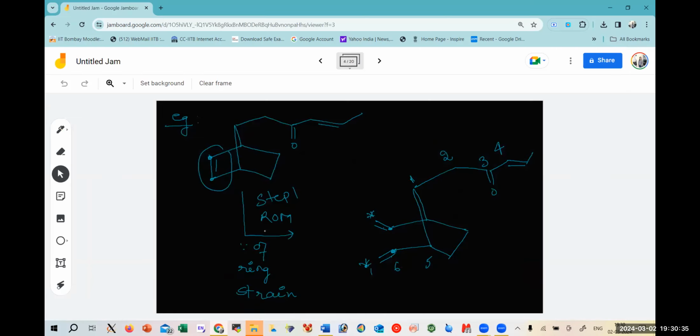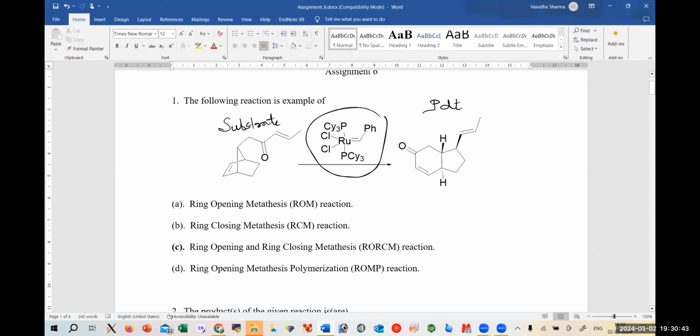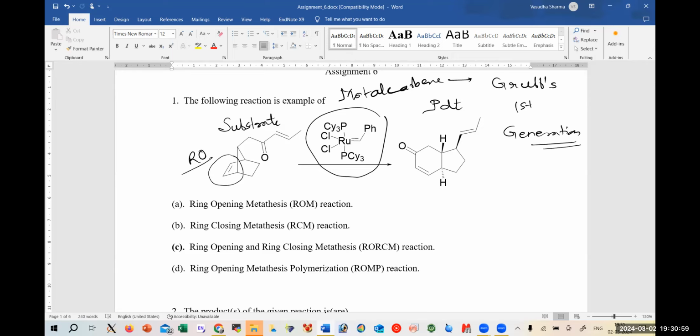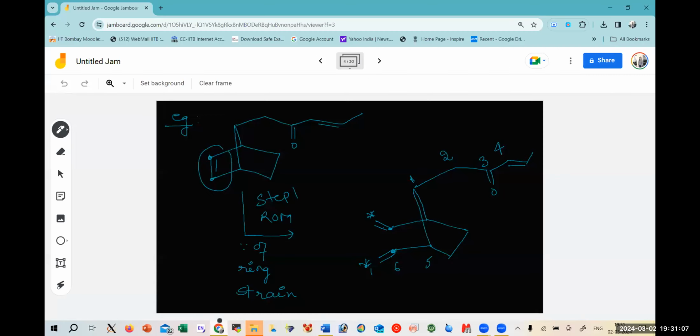have already explained that the catalyst that has been used is your metal carbene catalyst, and it is nothing but the Grubbs first generation catalyst. And in the presence of this, it is undergoing ring opening of the strained norbornene system, and then that would combine with your alkene. First, it will open, and this will then combine with this particular alkene to give you the desired product,